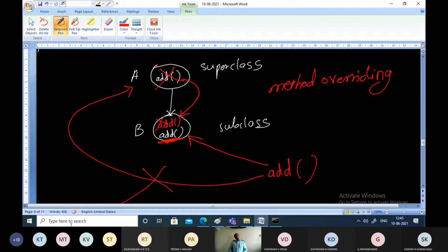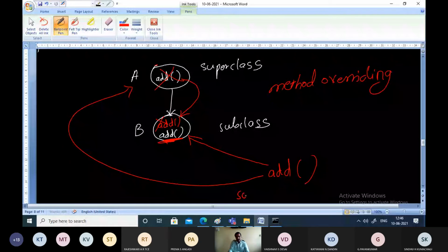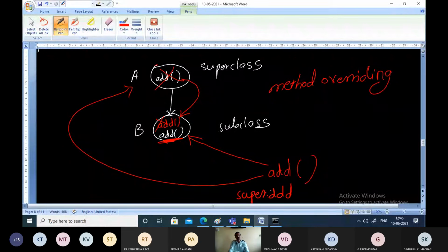So what could be the solution for this? The solution can be to use different names. Or if you don't want to use different names, you can simply write add to call the method of the subclass. To call the method of the superclass, we write super.add.